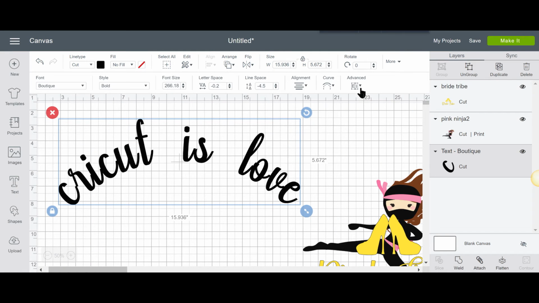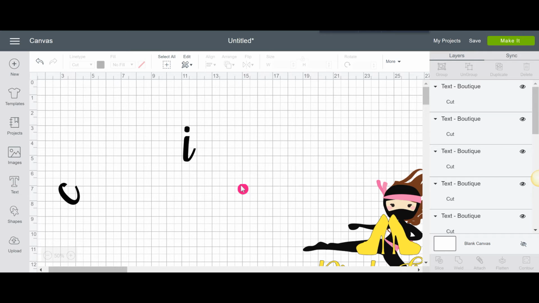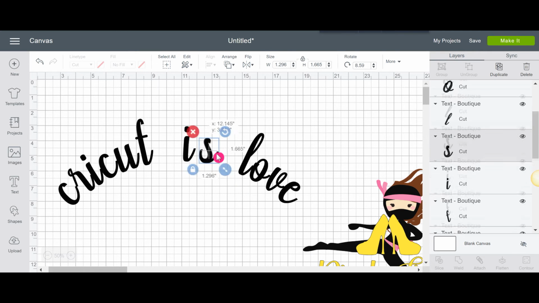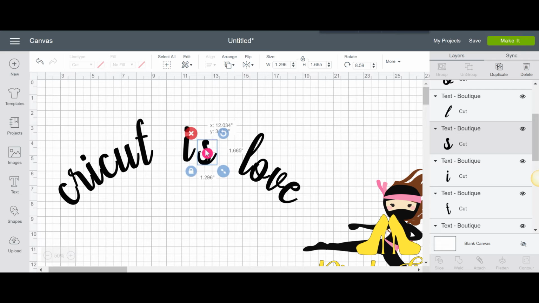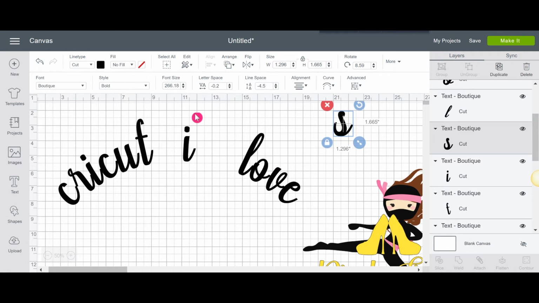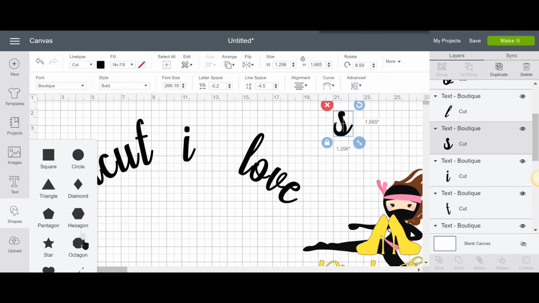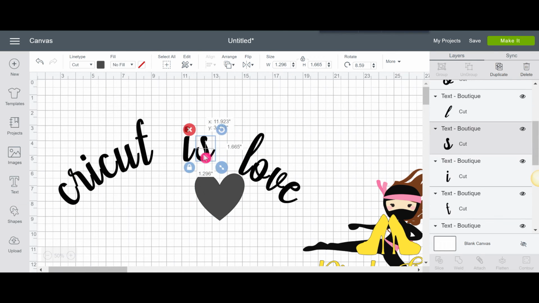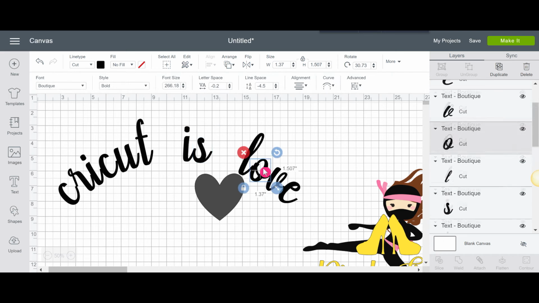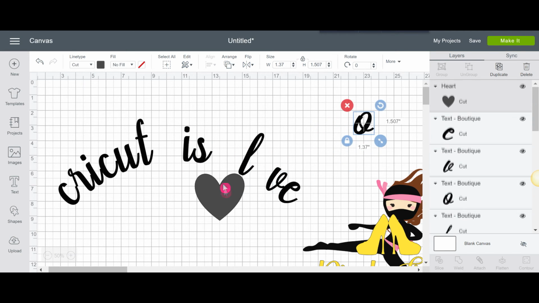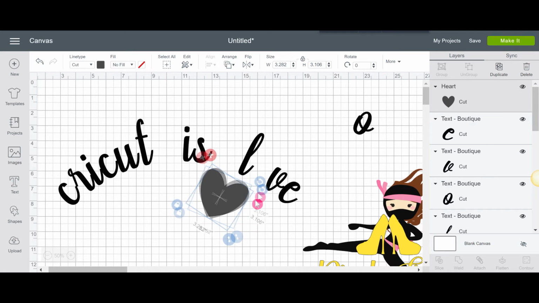Next, we have the advanced option, which will allow you to ungroup the letters so that you can move them individually. As you can see, the S is separated from the I, and I can easily get rid of it and replace it with something else, an image or maybe a shape. Let's add a shape over here. Let's put the S back and let's get rid of the O over here. And instead of O, we can place a heart, rotate it a bit,